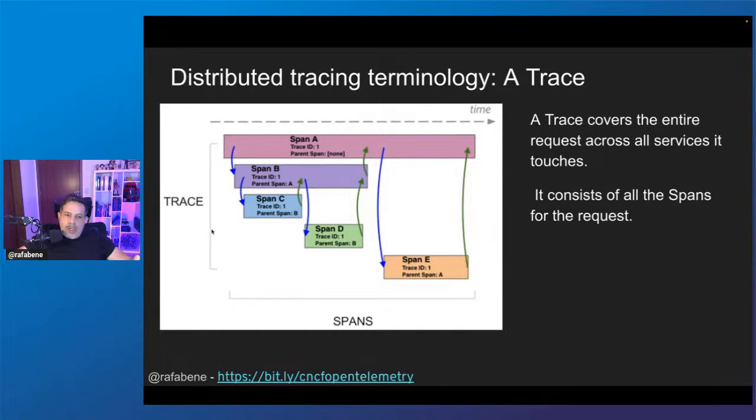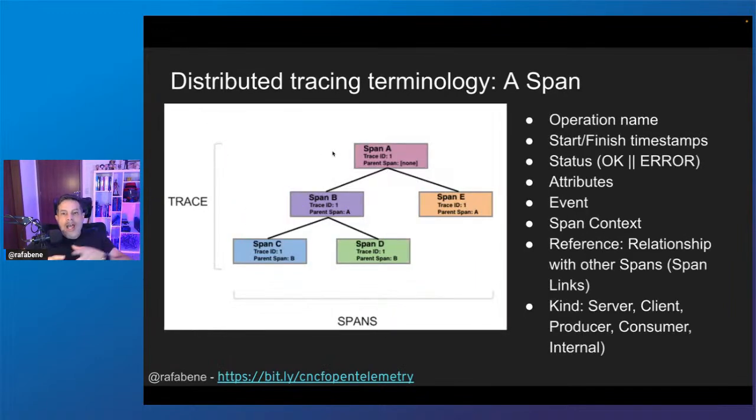So when you click on an operation, for example, you will call microservice A, which will call microservice B, which will call microservice C, then microservice B will call microservice D, and microservice A can call microservice E. Everything in a click is a trace, and it's a collection of spans. Each one of these items here is a span. So what is a span?